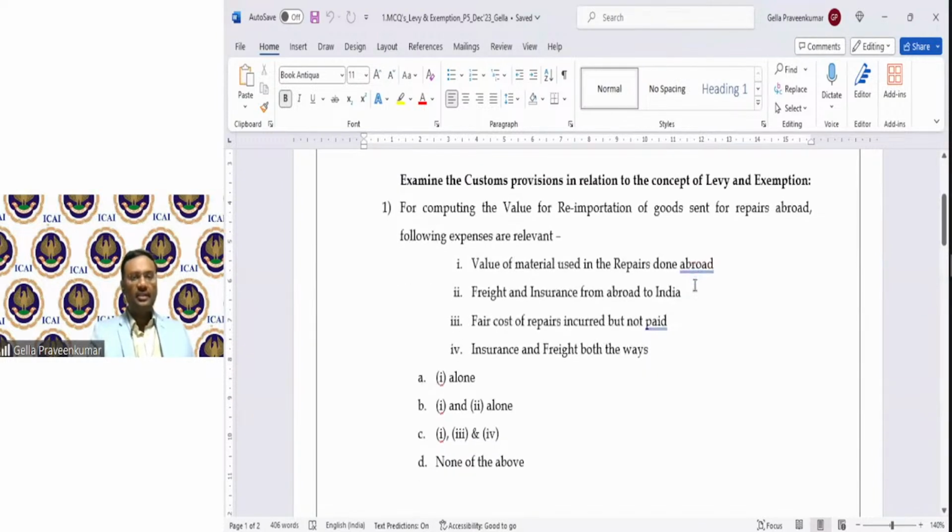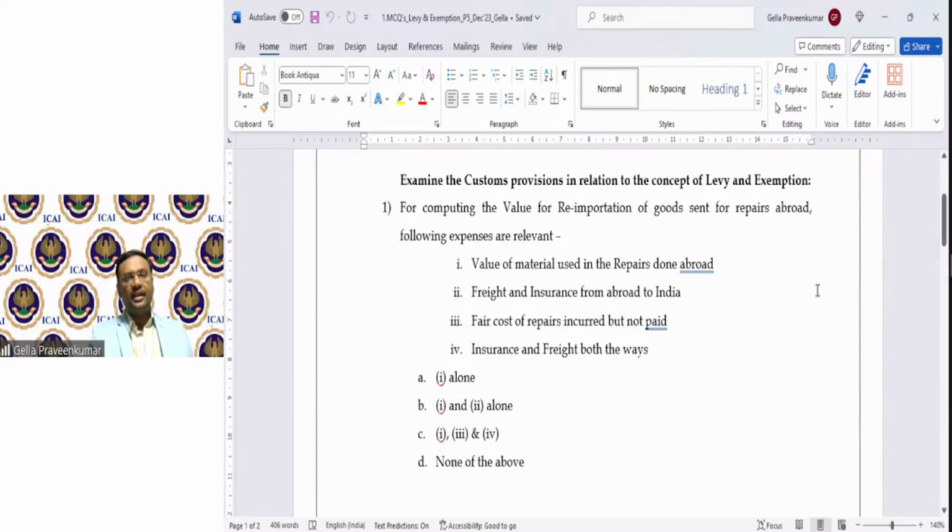Okay. Now, let's read through this MCQ and mark our answer for each question based on yesterday's understanding and today's discussion. Question number 1. For computing value for reimportation of goods sent for repairs abroad, the following expenses are relevant.